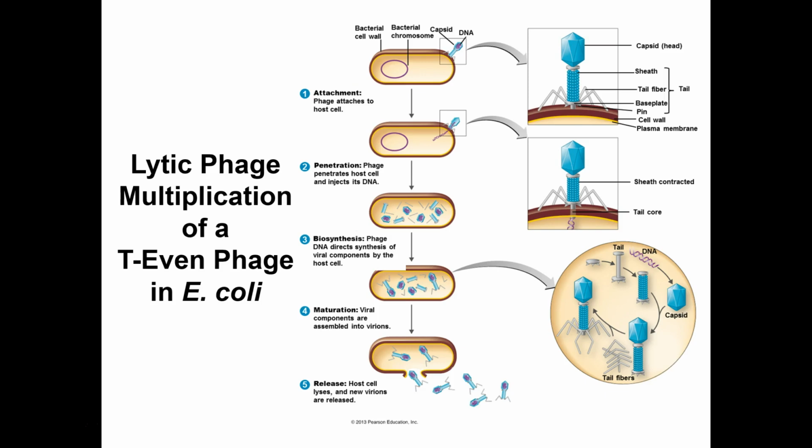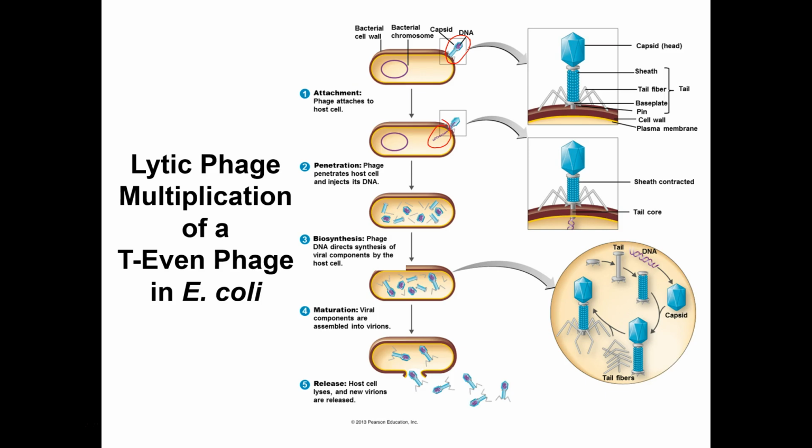So at the top, this is attachment. Right? The virus has used those tail fibers, its spikes, to attach to the surface of E. coli. What next? Like I said, this guy's like an evil little syringe. Right? That tail sheath is very much a spring. So it takes that capsid and smashes down on the base plate, injecting its DNA into the host cell. Right? So you can see here, there's that DNA being injected.